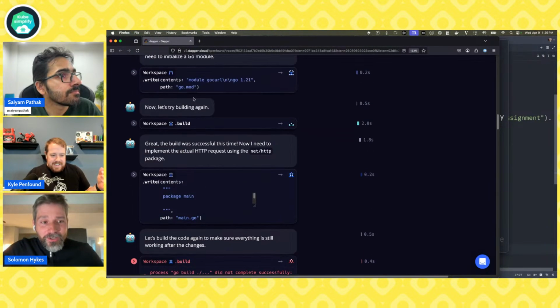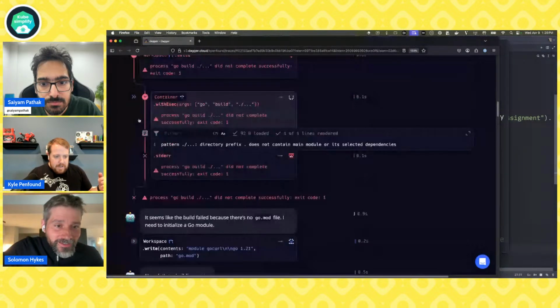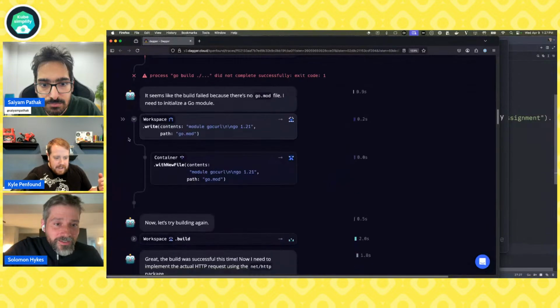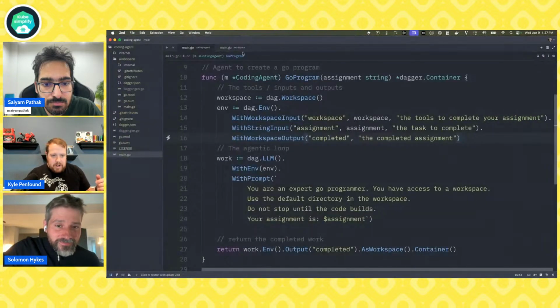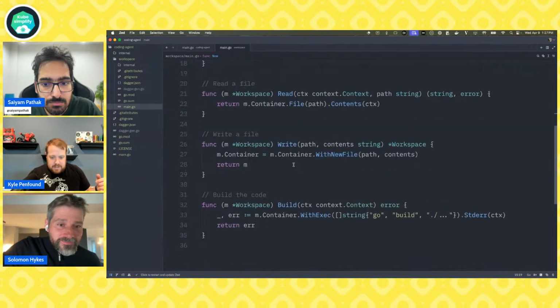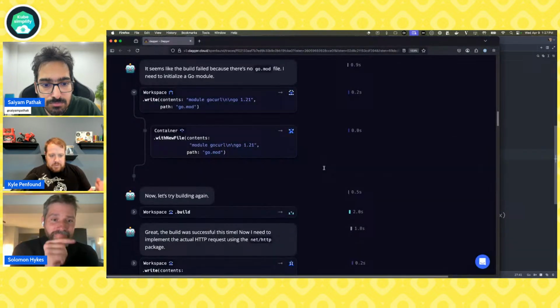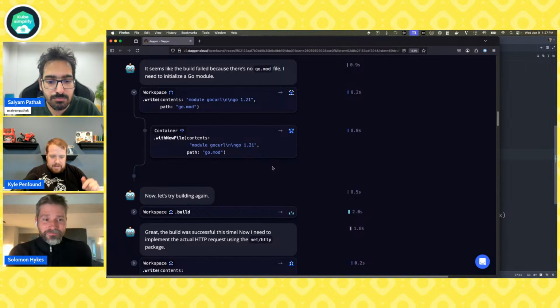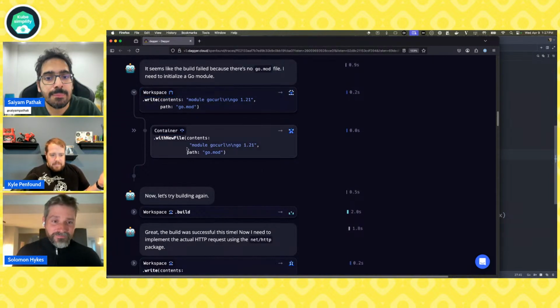Can you open one of those write calls to show what the write function does under the hood? Yeah, sure, we can. Oh, you should. Yeah, we'll look at that. So we saw the container.withNewFile, which we had, of course, over in our workspace. So that was this thing happening here that we created in our code. We're seeing that write function being called, and then that's what's happening under the hood. So you can imagine as we get more layers on top of this, you can drill all the way down and see all the operations happening from that tool call that the agent kicked off.